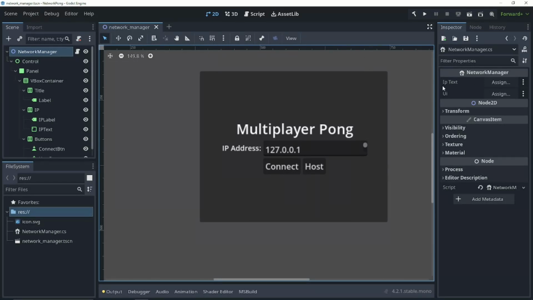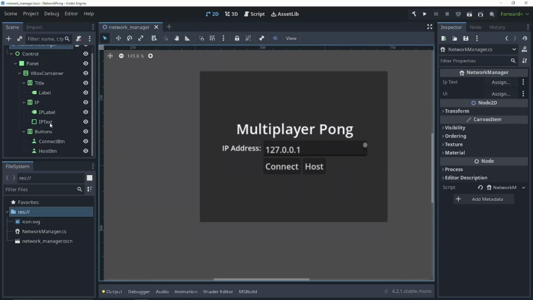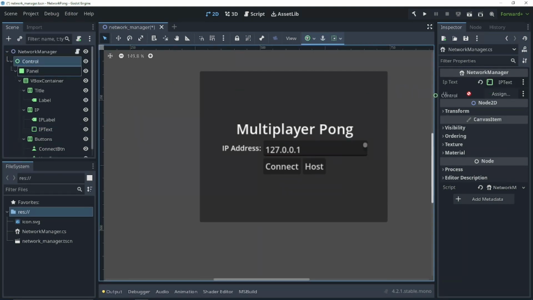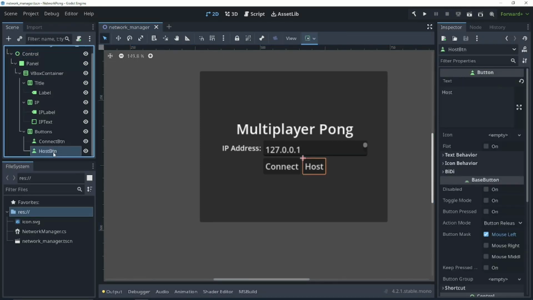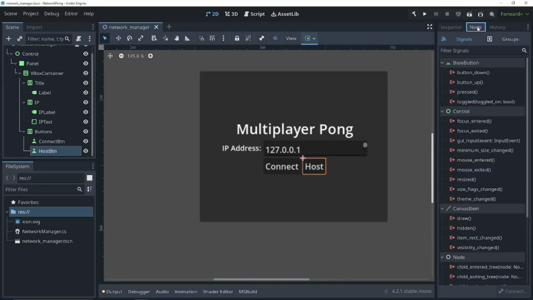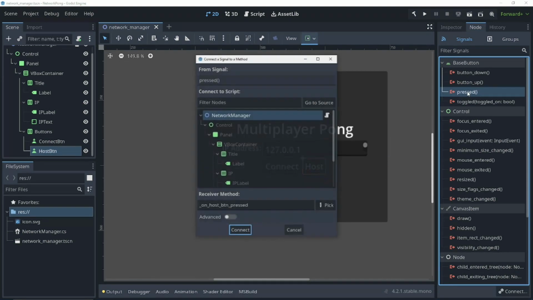Now we can assign our IP text, so our text edit here. And we can assign our control to the UI. Perfect. Now let's connect our buttons to the script so that our people can actually join and host servers. So I'm going to go here to the host button and go into Node and click the pressed signal and connect it to our network manager script. I'm going to copy this